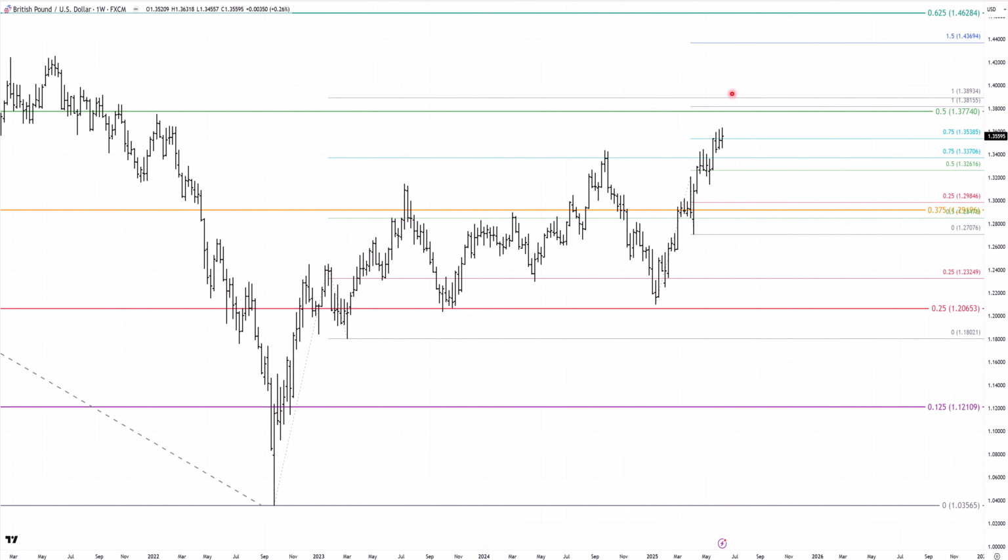Okay. Now, one of these alone, you can't say it's going to stop the market, but when you start to see 3 or more of them at the same level, you know there's going to be some potentially strong resistance there. And when markets reach levels like that, they normally do one of 2 things. They stop and turn around and have that pullback that we're talking about, or they burst through them with high energy and keep going up. So for me, I'd suggest it's more likely to stop at that level, but that indicates there's a little bit more upside due on the pound.